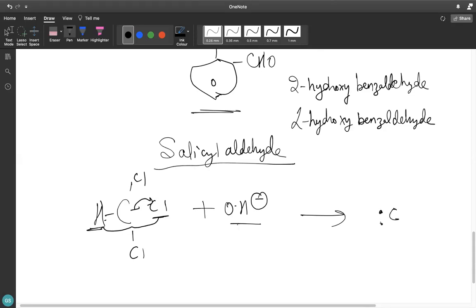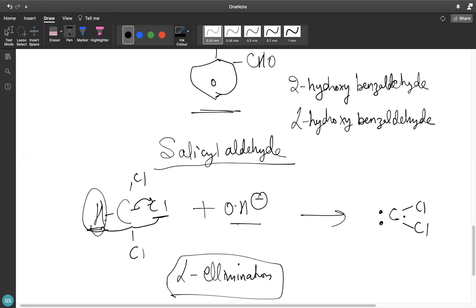And what will you get? You will get a carbene, dichlorocarbene, dichloro because there are 2 chlorines. Guys, as alpha hydrogen is involved in this elimination, this is better known as alpha elimination, and this alpha elimination will give you this intermediate known as carbene. So this is dichlorocarbene. Pretty easy to understand, because carbon loses 2 bonds: one is the hydrogen, one is the chlorine. That is why what we get is a carbene.